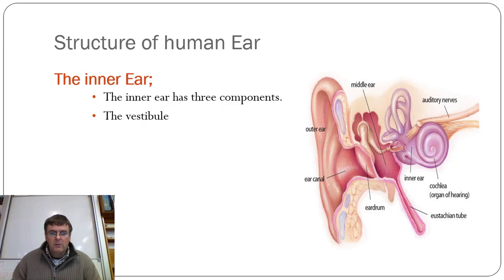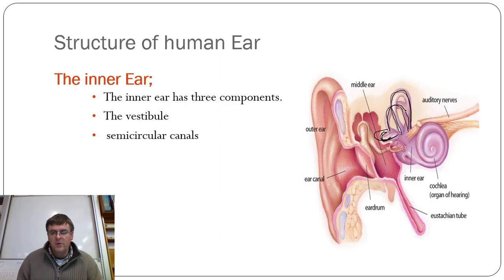And then we've got the semicircular canals, and that's these here. You've got one that goes up this way, one at right angles to it in this direction, and the one that loops around this way. So they are your balance organs. They have fluid in there, and when you turn, it moves in these canals, and it activates little sensory nerve endings here, like little hair cells, depending which way you're moving your head, which way these nerve cells get bent,